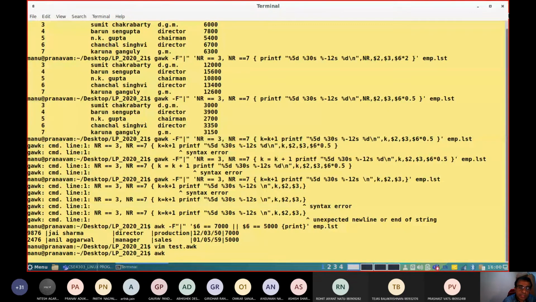I stored that entire command in a file, a set of commands, something like a program. And I'm using one option called test.awk.